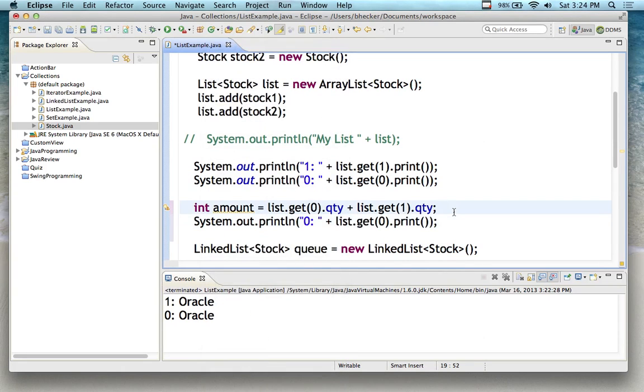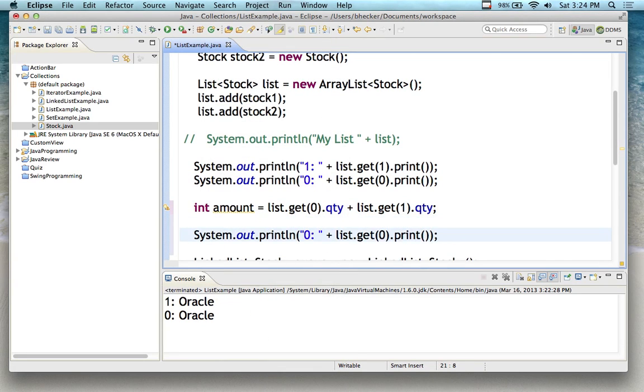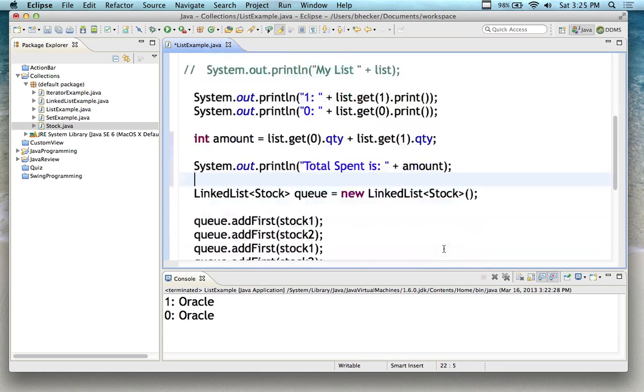Paste. What if I set the quantity to 0? Maybe I'll change the quantity actually. Print total spent is, then just add it to the amounts. Because it's a string, we can concatenate a number to it, and it'll print it out as a number, excuse me, as a string. So let's go ahead and change the quantity here so it makes a little bit more